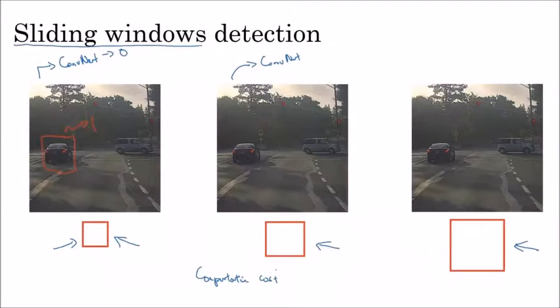The disadvantage with this sliding window detection is that it is computationally very costly, because for one real-time image, we split it into many images because of this sliding window technique. Every time we give them to the convolutional neural network, and when we change the window size, again we give them to the convolutional neural network. So computationally it is costly.